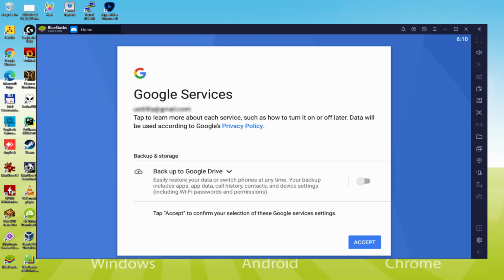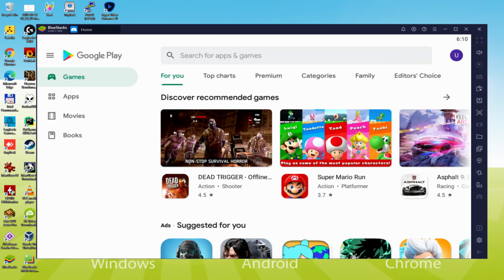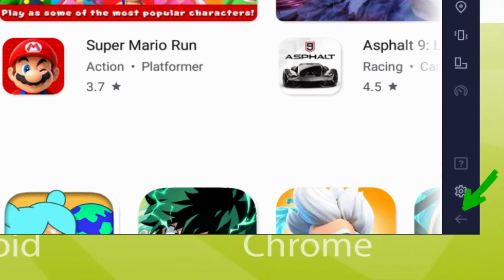I will not check it, you do what you want. We just click on Accept. Google Play Store is launched by default and on autopilot. To set up the application, we have to go to the emulator desktop for Android by simply clicking this app icon indicated in green.